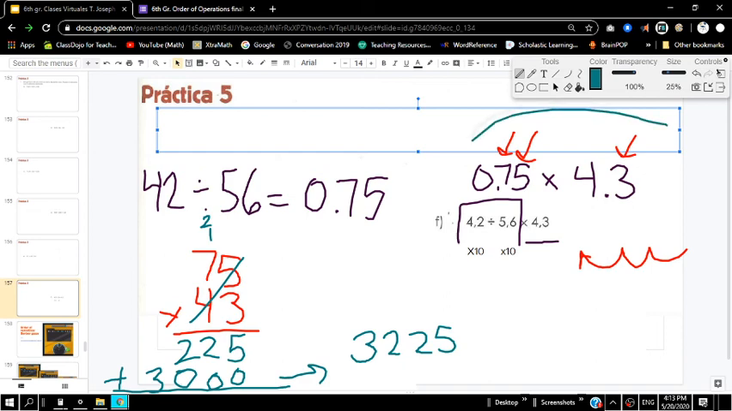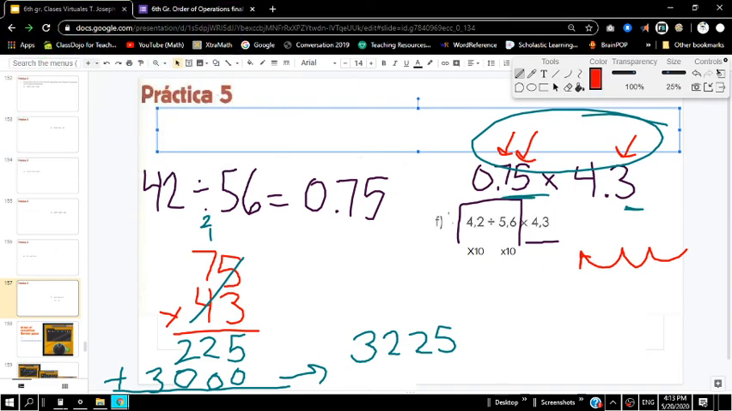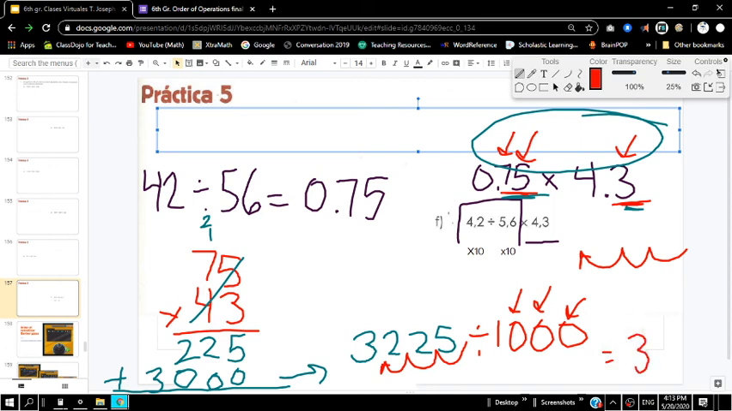But again, we need to remember the 3 numbers that are to the right of the decimal point. So we're going to move our decimal point over 3 spots. So instead of it being 3,225, we're going to pretty much divide by 1,000, because we have 3 numbers, or 3 zeros in this case, to represent. So 1, 2, 3. And our final answer is